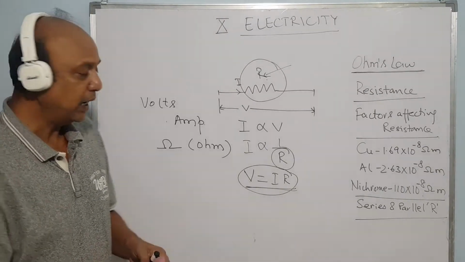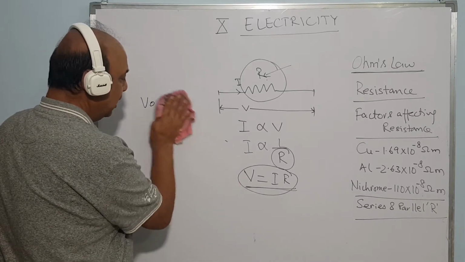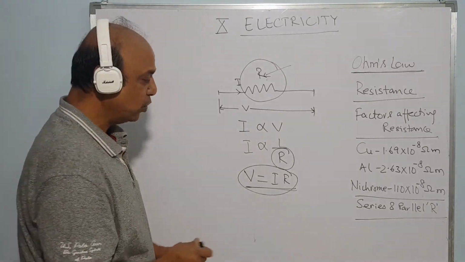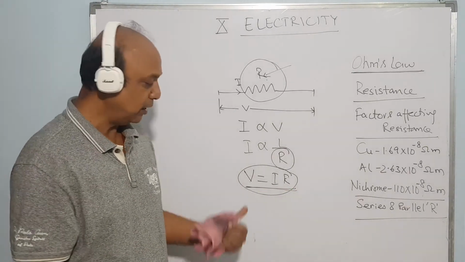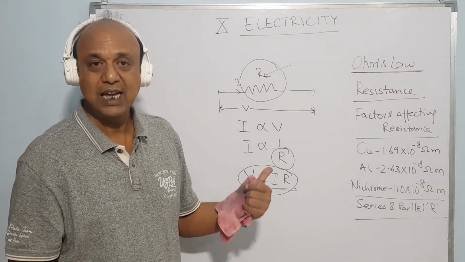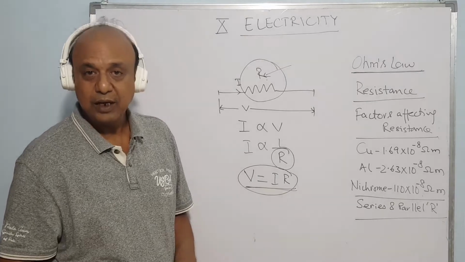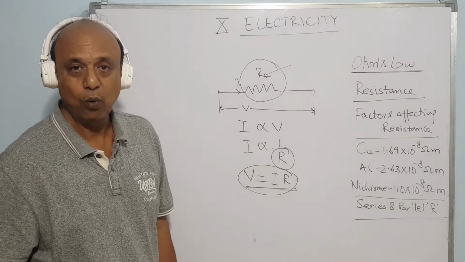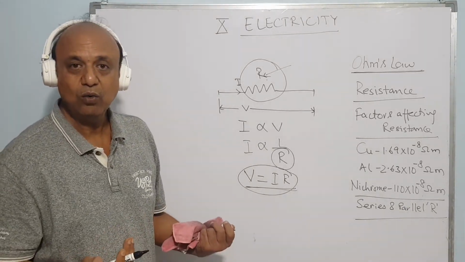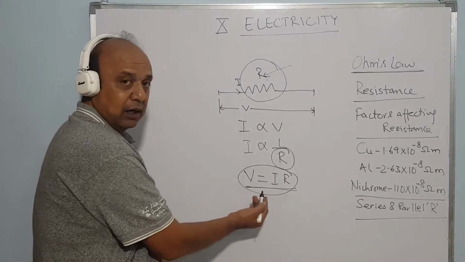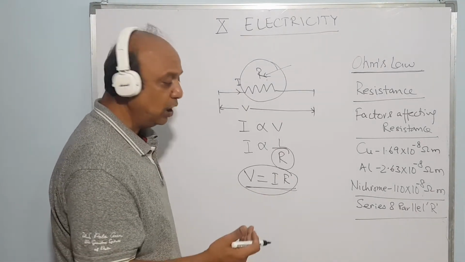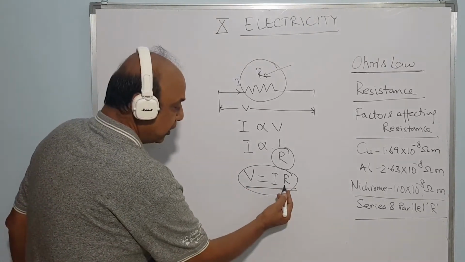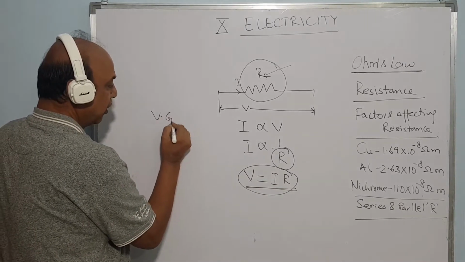So, again what we have seen here, the current flowing through a wire or a conductor or a resistance or any other material depends on the value of resistance, if the potential difference remains the same. If the material is changed, the current may increase, current may decrease. Now, if the resistance is very low, almost equivalent to 0, what will happen? It cannot be 0, but it is almost equal to 0, then current will be almost equal to infinity. That means it is a very good conductor.